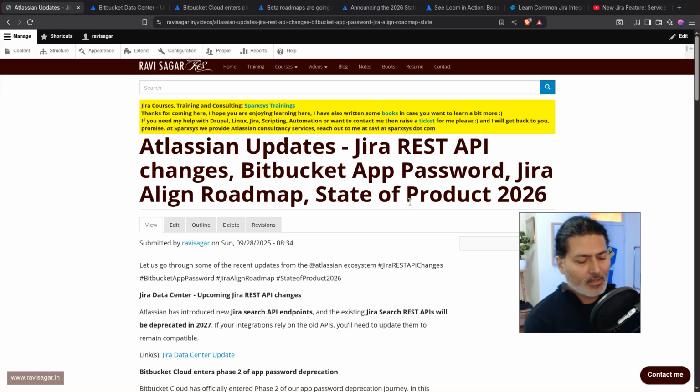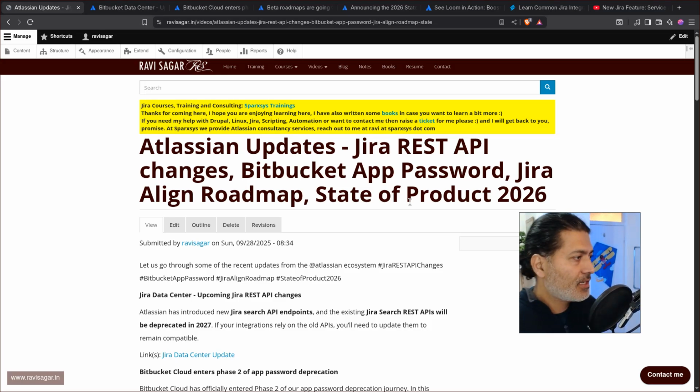Hello everyone. So yes, it is time to go through the recent updates from the Atlassian ecosystem. Now this week we have some nice, interesting updates, and we will of course go through those updates one by